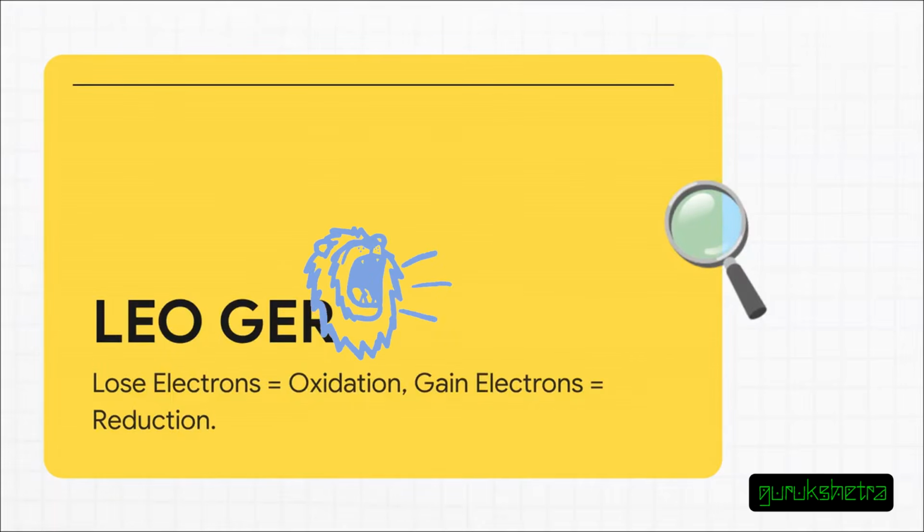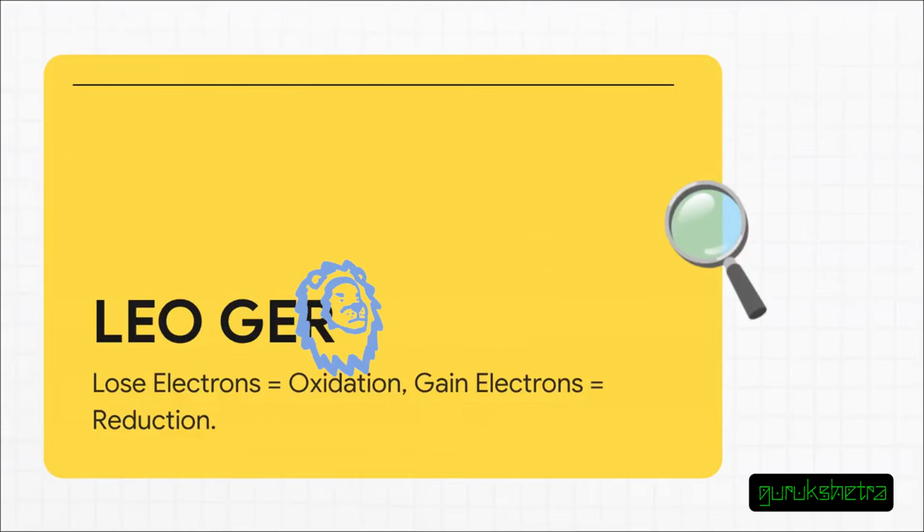Now, if oil rig doesn't quite click for you, try this alternative mnemonic, LEO the lion says GER. Think of a lion roaring. LEO, lose electrons equals oxidation. GER, gain electrons equals reduction. Keep these little tricks at your fingertips, and I promise you will be able to identify complex redox reactions effortlessly